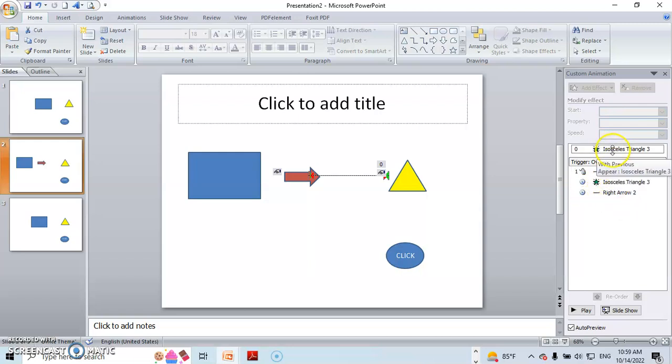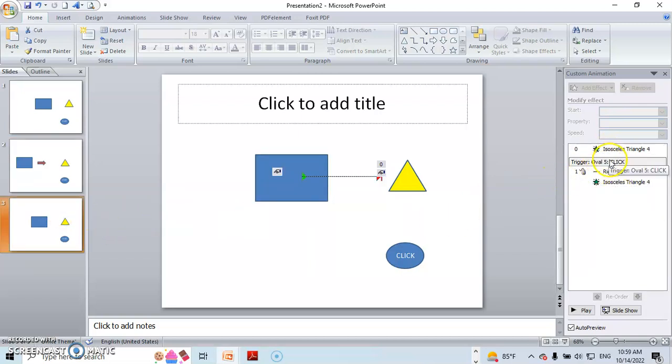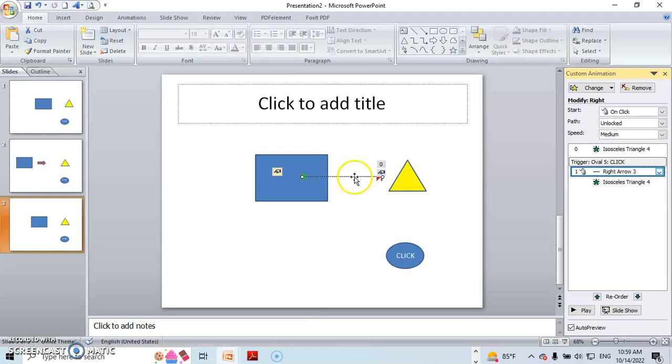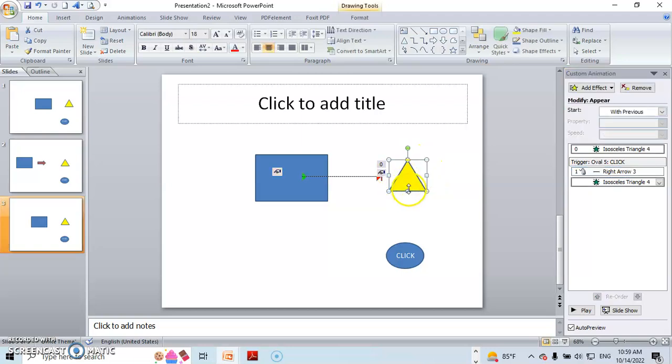Okay, this is using 4 effects here, and the last one is using 3 with the delay, and using on this one, remember that you're using the auto reverse option here. That's why you don't need the left motion path. You only have one motion path right here that goes to the right and goes back. But I have a delay for this one, remember, of 2 seconds with previous. It will not disappear. We'll have a delay, so it will give time to the mouse to touch